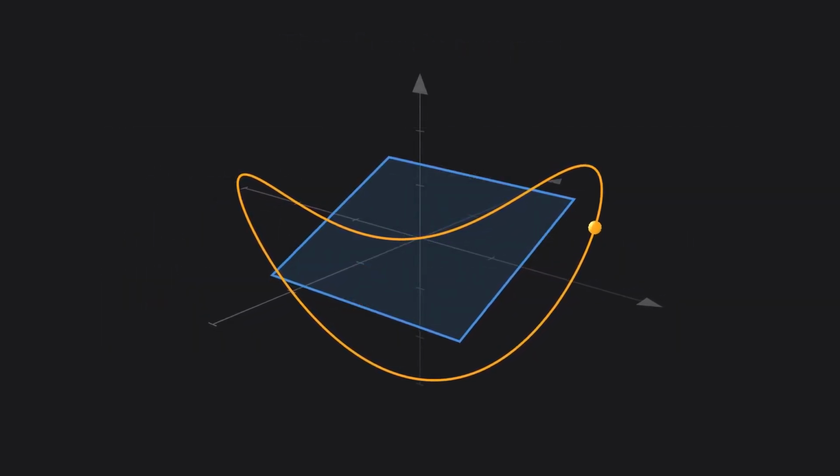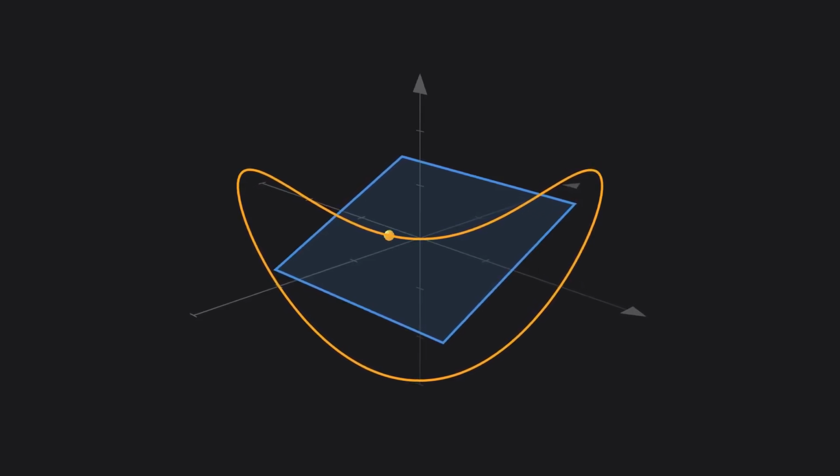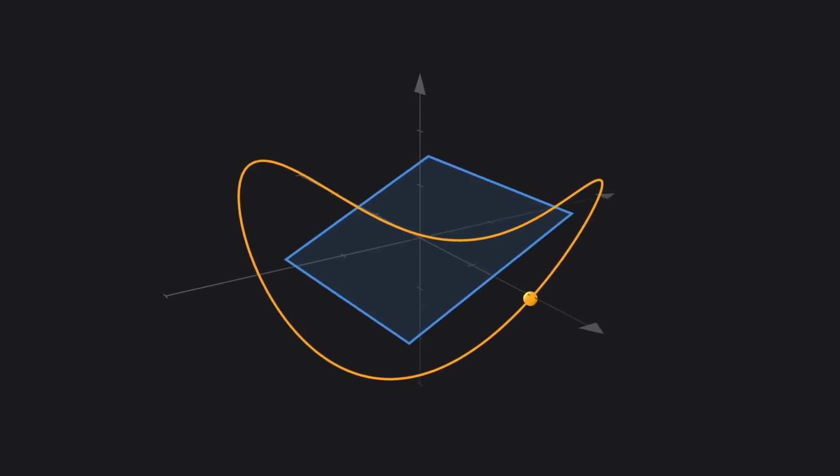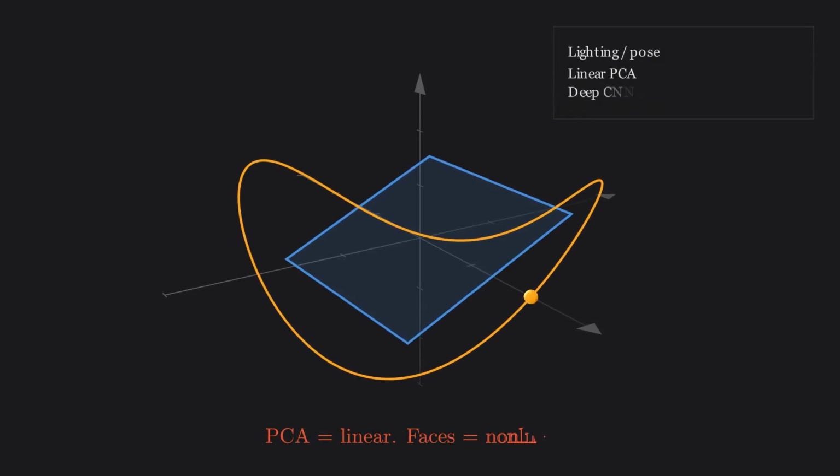But there is one honest limitation. Watch this face rotate in 3 dimensions. As the pose drifts away from frontal, the linear PCA projection warps. It cannot follow a curve it was never designed to represent. Text card 1, sensitive to lighting and pose. Text card 2, linear method, misses non-linear structure. Text card 3, superseded by deep CNNs in accuracy. These are real weaknesses. And yet,